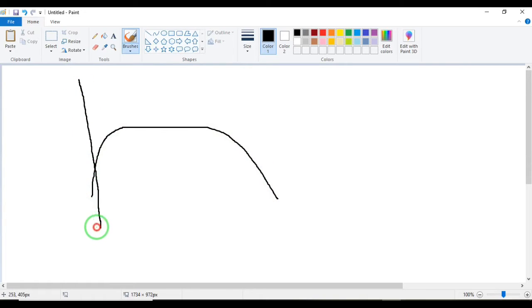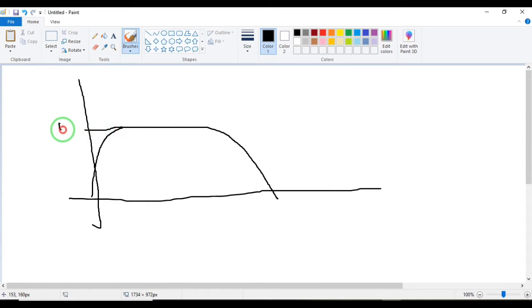So you will get a plot like this. So this is the y-axis and x-axis. You'll get a plot something like this. So here some 40 dB, this is 40 dB or something, you'll get it, correct? So for most of the range you might have observed the output is the same, correct? But below 1 kilohertz and above 1 megahertz you have less output, that is, the gain is less.